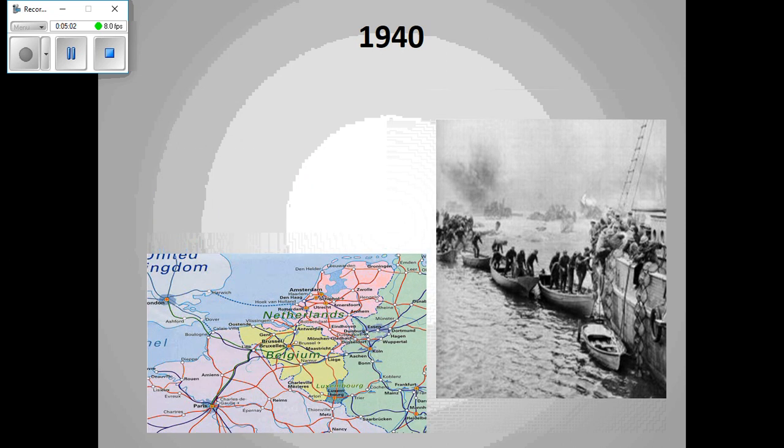Now, I think this takes us to the second 1940 slide. And so in the process, when the Germans come storming in through the Netherlands and Belgium, the British come into northern France, right? And they think, okay, we're going to help defend Paris from the Germans coming in. Well, the Germans overwhelm the British and pin them down right on the English Channel, and the Germans sweep around and pin them down in a little town called Dunkirk.